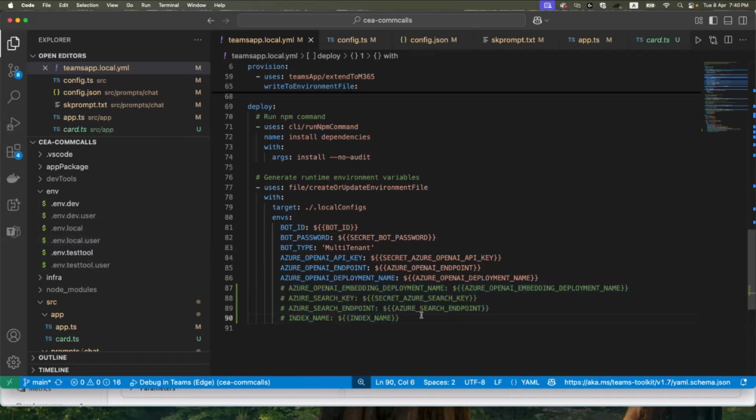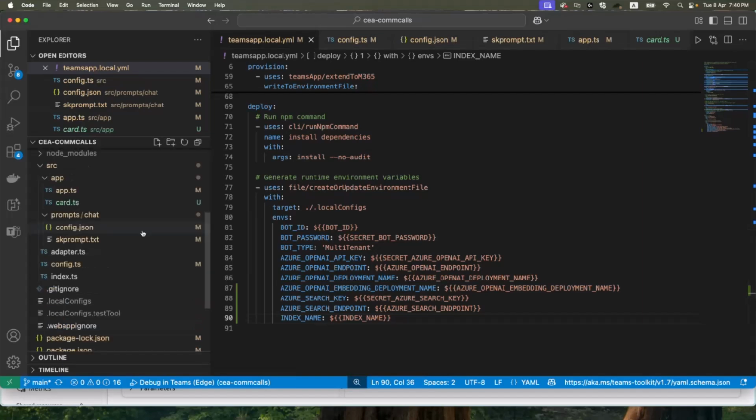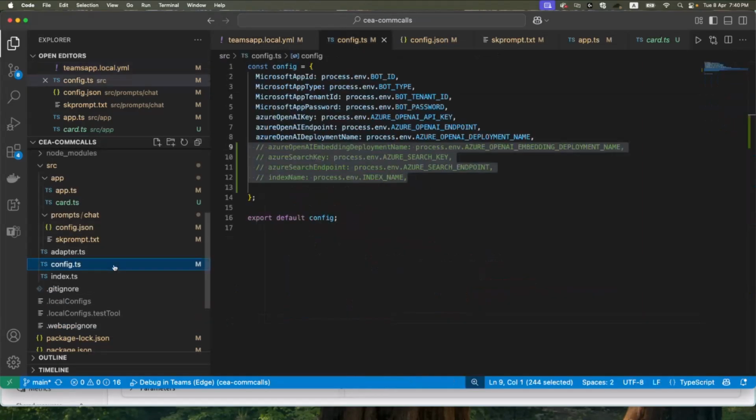So for us to be able to make this work with Teams Toolkit, we need some sort of a configuration setup in Teams app.local.yaml. So I will just need to add all of these in the local YAML file as well. And right after that, we should go to config.ts.